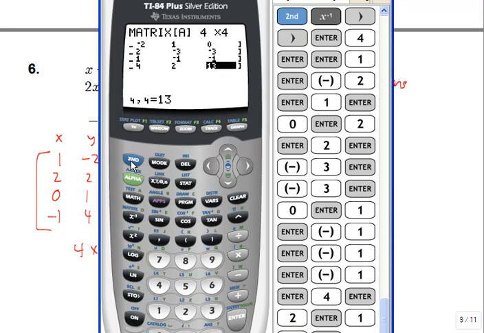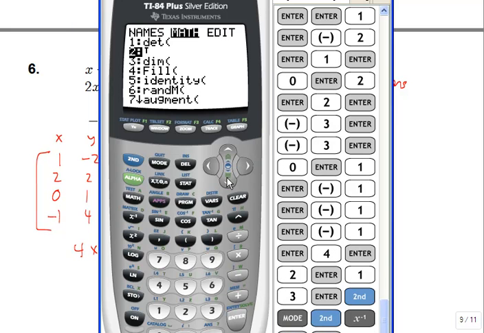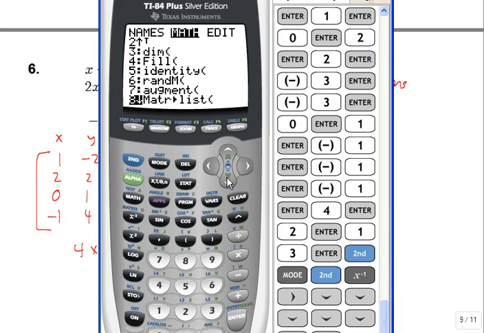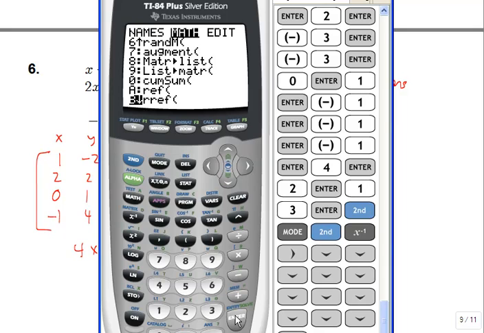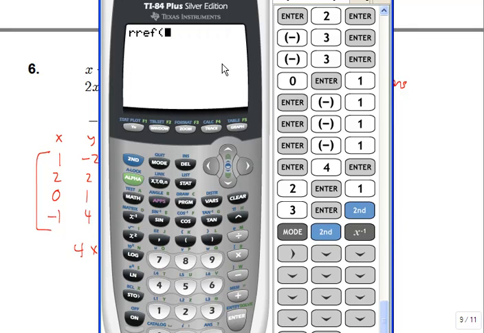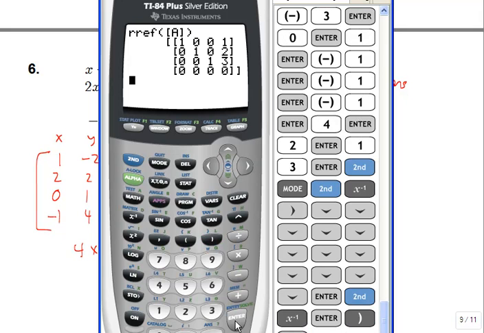Let's quit and go to our home screen, and then I'm going to click on matrix and go over to math and arrow down to that RREF, row reduced echelon form. Hit enter, and we want to do it on matrix A, so I'm going to hit matrix again and just click on matrix A, number 1. Close the parentheses, and here's what we get. Okay, so 1, 0, 0, 1, 0, 1, 0, 2, 0, 0, 1, 3,